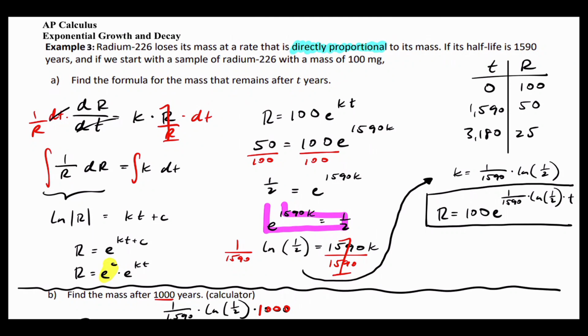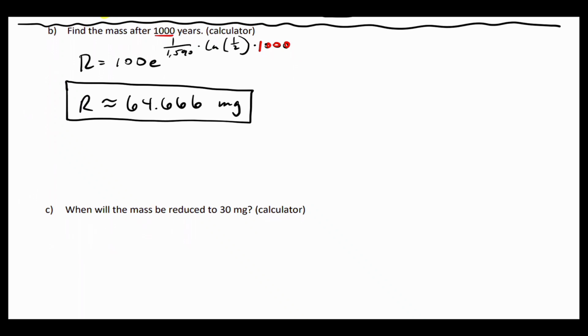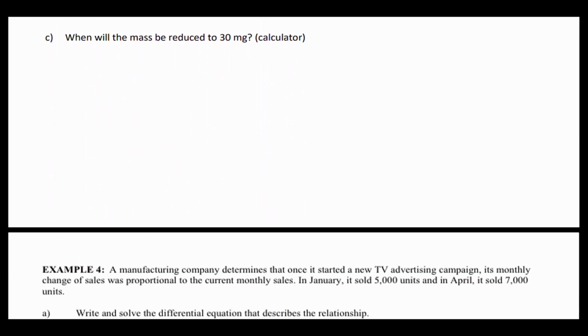So first thing we got to do is find the formula, right? Find the formula using separating the variables to solve the derivative equation. Okay, so we came up with that. So after 1,000 years, we plugged in 1,000 years for t, came up with that. Okay, so next thing, same question,